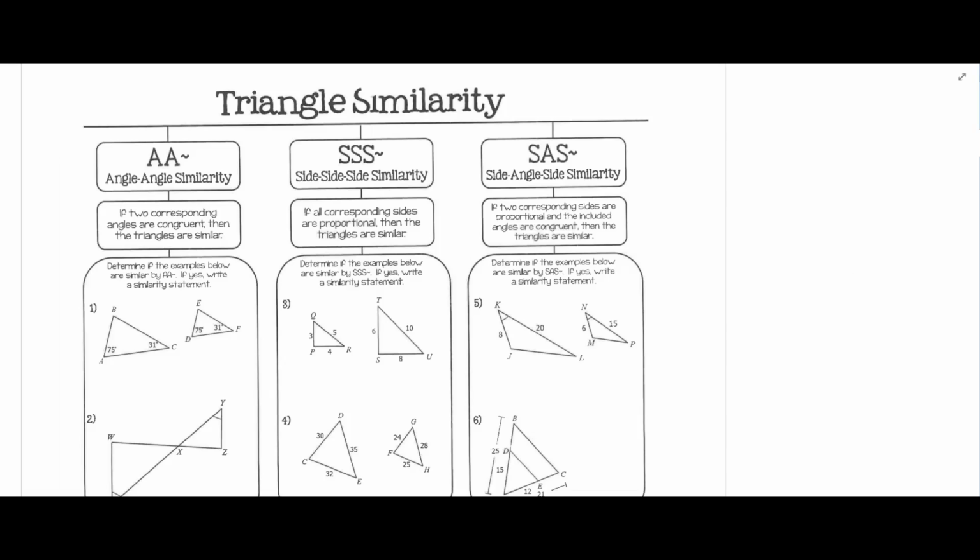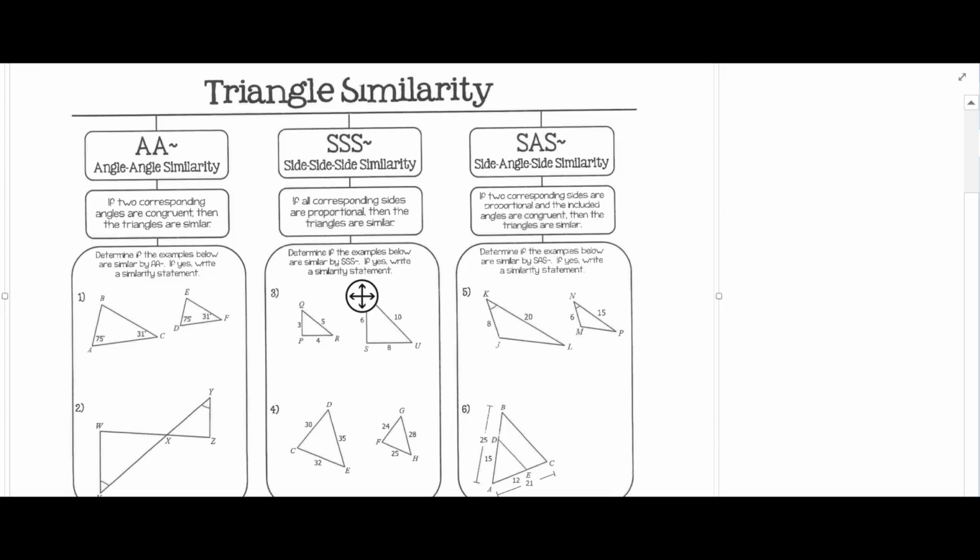We are continuing in Chapter 11, talking about similarity. We're going to specifically start looking at how to prove triangles similar. We did quite a bit on proving triangles congruent first semester, but now we're going to work on how we prove triangles similar. So just as we had several methods to prove them congruent, we have a couple methods